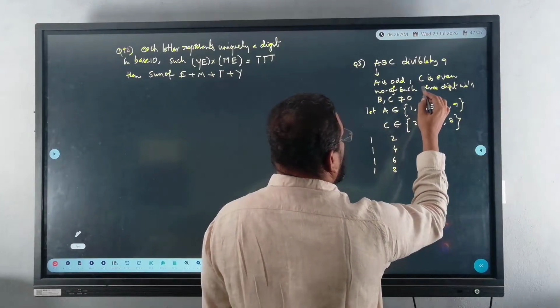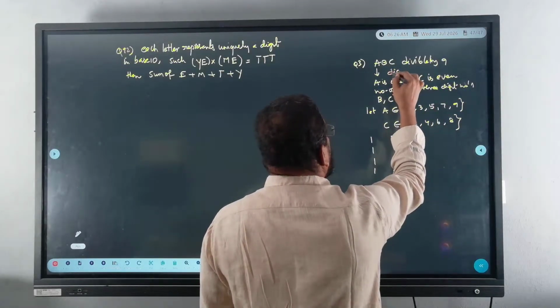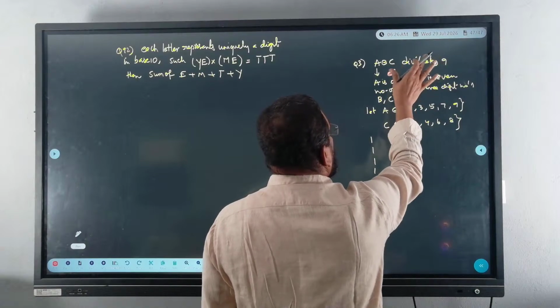Digits sum must be a multiple of 9, means